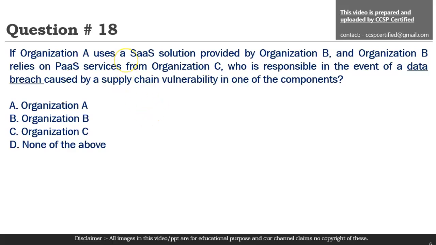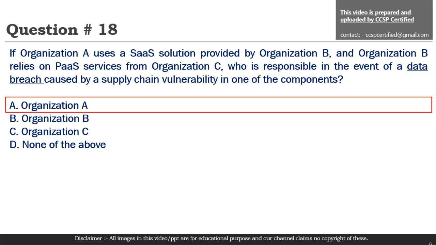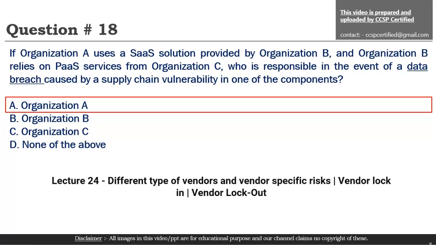So this type of question is also covered in the lecture. I will share the lecture link. But if you also take common sense, I have already covered this in different video lectures. The one who holds the data, the one who collects the data is responsible for data losses or data breaches, and always it is organization A, because they are the one collecting the data, and they have not done the due diligence to select the partners. Supply chain risk is because we have selected poor partners or poor solutions from other vendors. So that's why organization A is responsible.